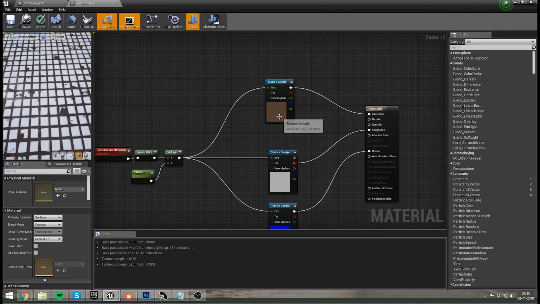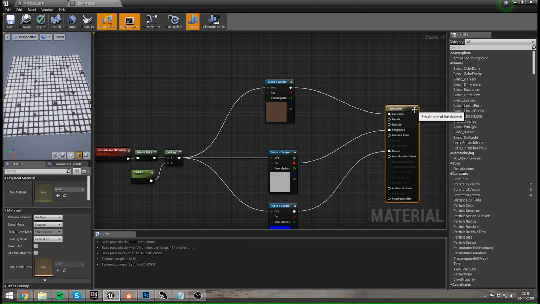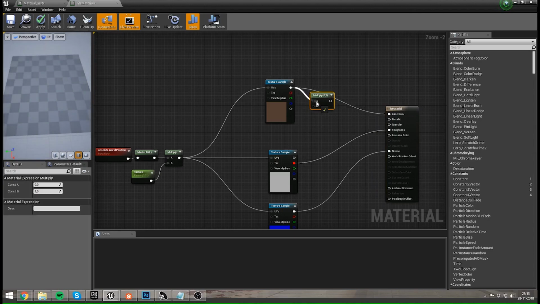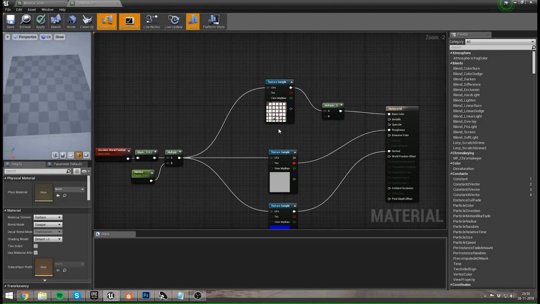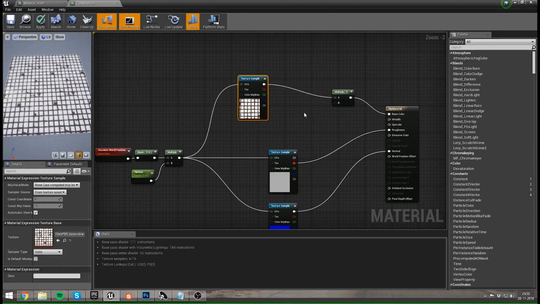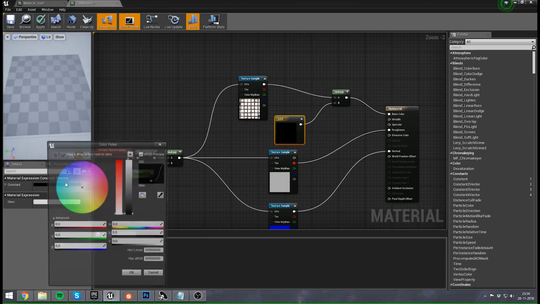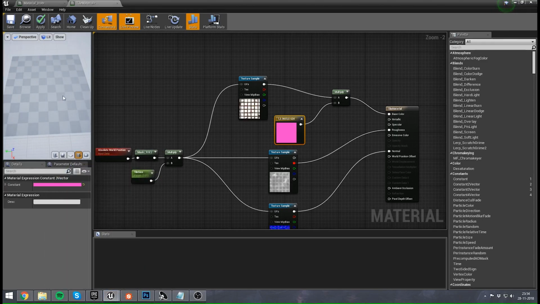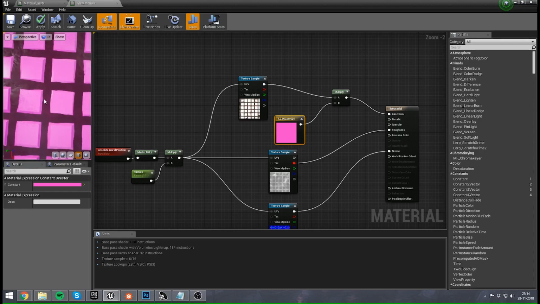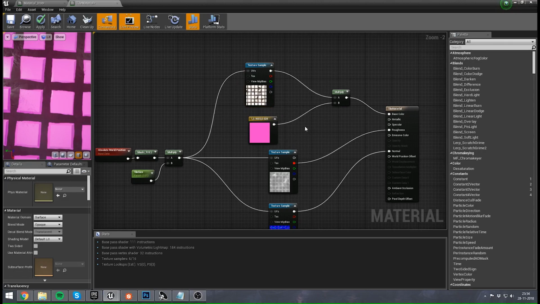After this, you might want to start coloring your tiles. Which, if you multiply a texture against a color, especially a white texture, you will already have a different color. The problem with this, of course, is that you're also changing the color of the dirt, which is not what you want. So I created another texture,